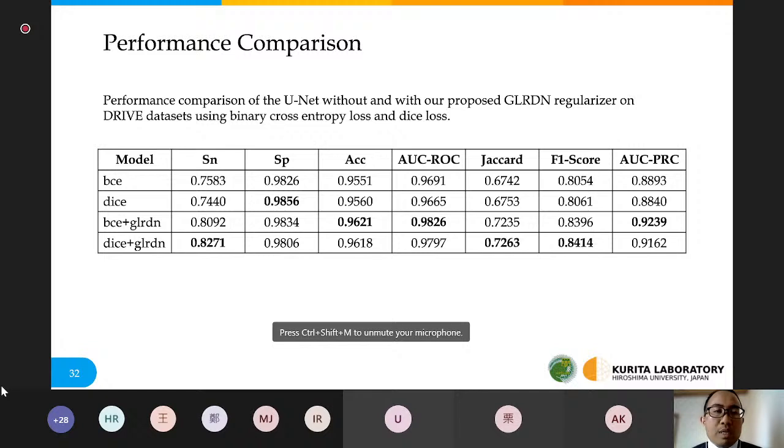And the combination, like this one, combination of binary cross entropy with GLRDN gets improvement over only using binary cross entropy.